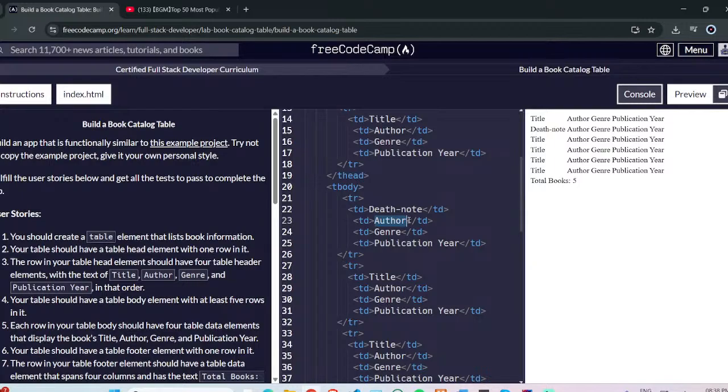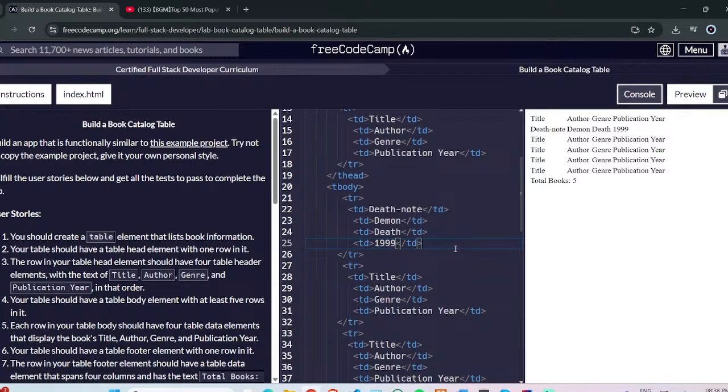Shinigami? I don't know. Demon maybe? Demon. And genre is maybe basically death. Death. Publication year is